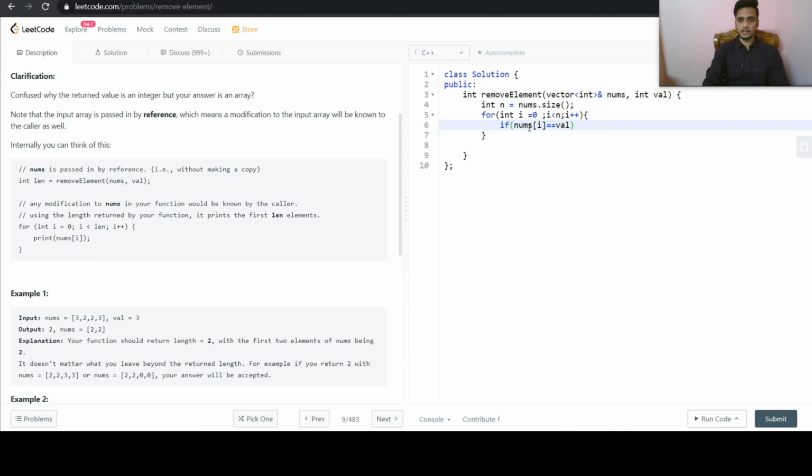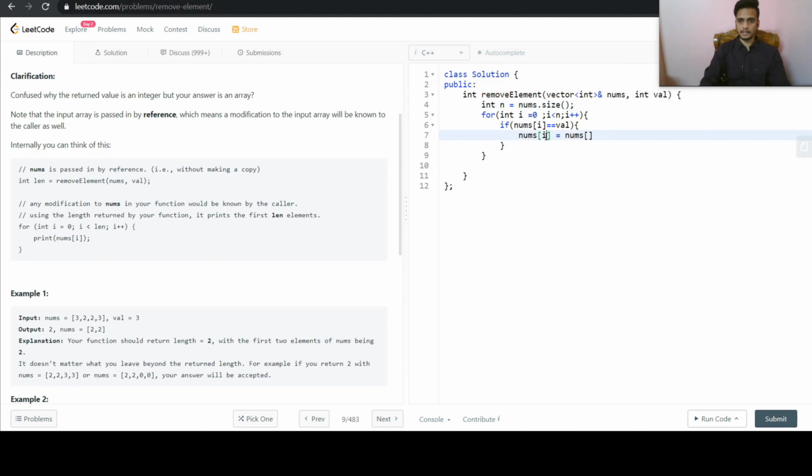So if we encounter the value in the vector, then what we will do is replace that value with the nums vector's last value.